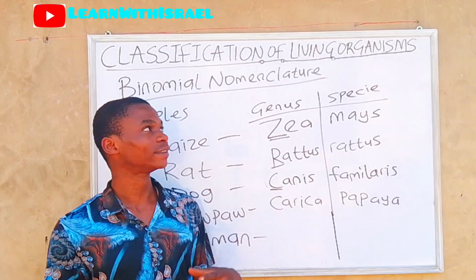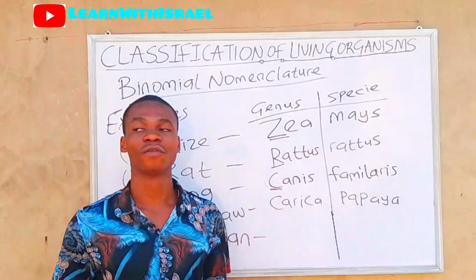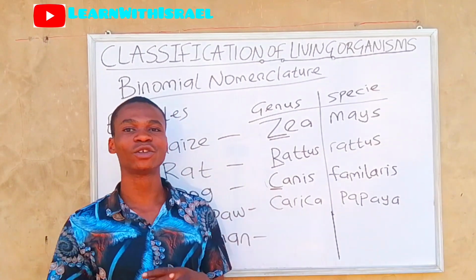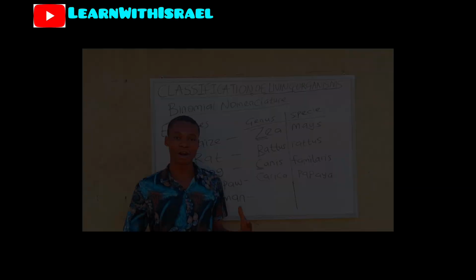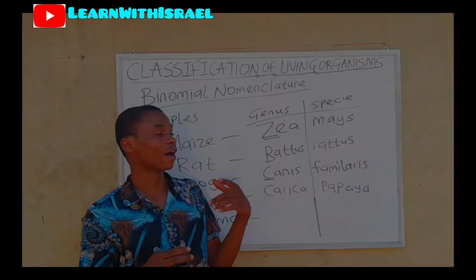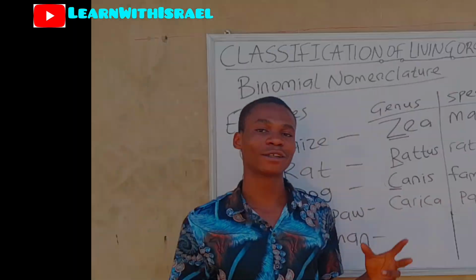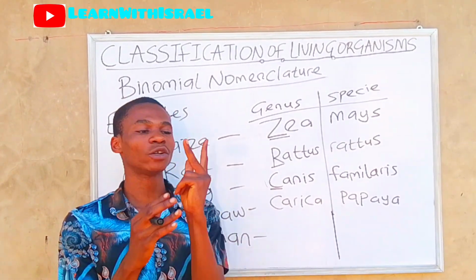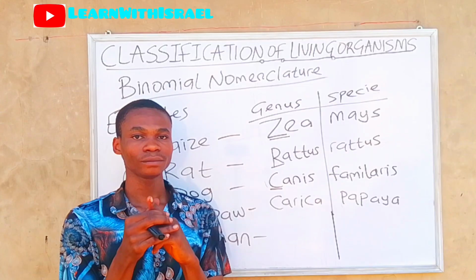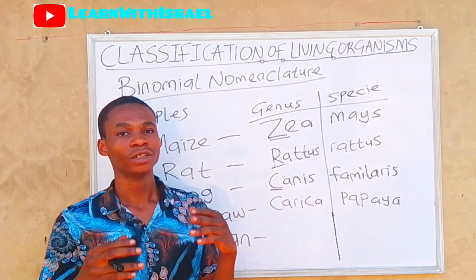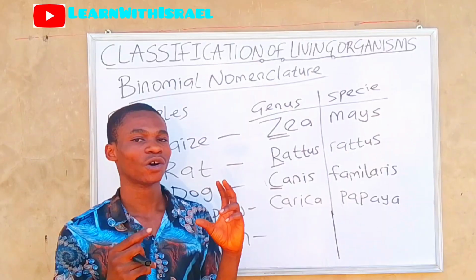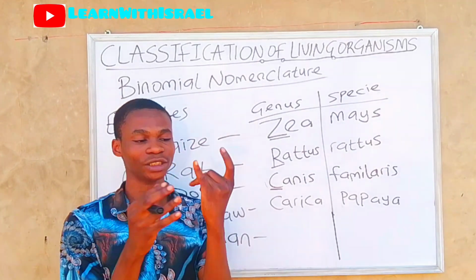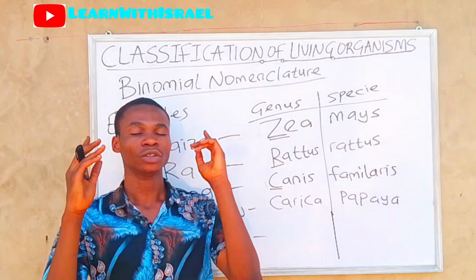So far we've talked about the definition of classification of living organisms, the history, where we talked about Carolus Linnaeus from 1707 to 1778. Carolus Linnaeus is a Swedish botanist. He's the one that formally introduced classification. We also talked about taxonomy. Taxonomy comes from two Greek words, taxis meaning arrangement, while nomos means law. We've also talked about the hierarchy of taxonomy from kingdom to species: kingdom, phylum, class, order, family, genus, species. I already gave you mnemonics to master that also.